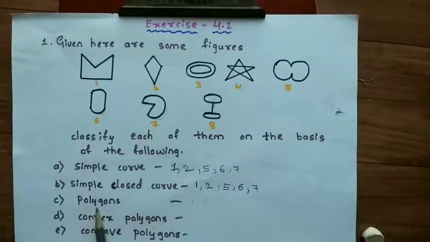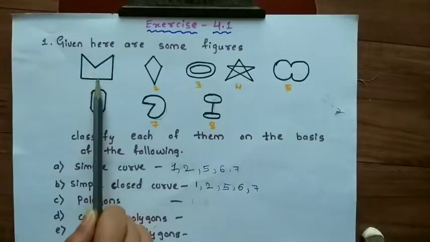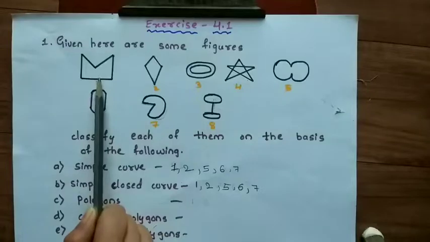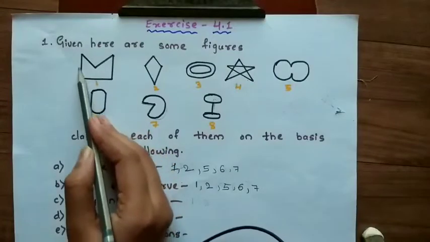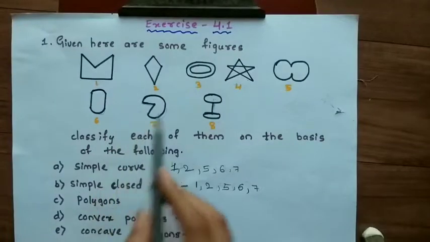Let's discuss polygons. What is the definition of a polygon? A simple closed curve which is made up of line segments. The first condition is that it should be a closed figure, and the second condition is that the figure should be in the form of line segments. So let's check figure 1. This is a closed figure. Yes, it is a closed figure because the endpoints are joined here. And is this figure made up of line segments or not? Check here. Yes, this figure is made up of line segments, and definitely figure 1 is said to be a polygon.